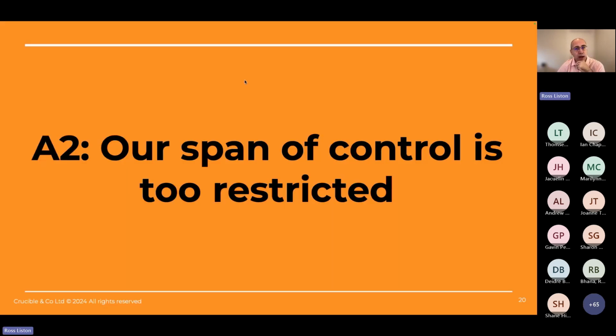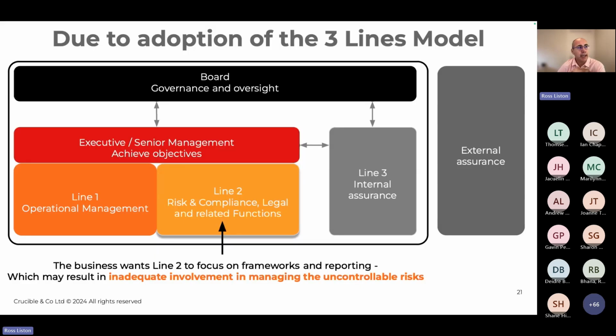The second reason why it's uncontrollable, and this is this play on words that I wanted to raise, is that it's heavily dependent on what our span of control is as a risk practitioner. And the first and foremost is this whole operating model risk, or the 3 lines model, where in the more mature organizations that are trying to create some degree of separation between line 1, or the core of the business, and line 2, which is where risk practitioners sit,